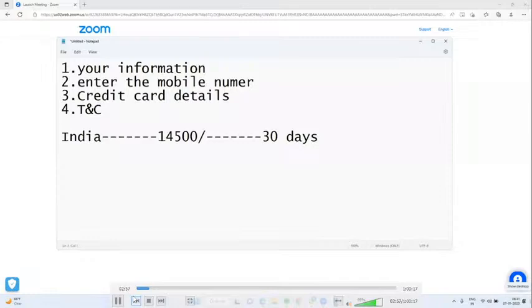For US people, you will get $200, which also expires in 30 days. After 30 days, we have to create another account. You may doubt whether we can use the same credit card and details after 30 days.